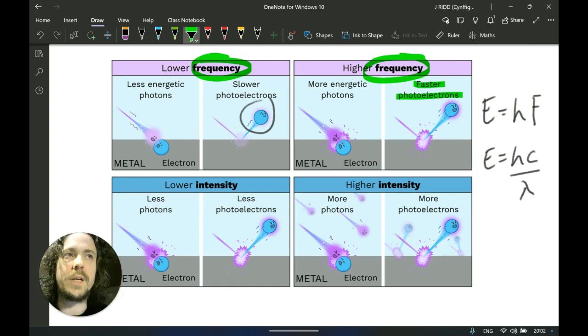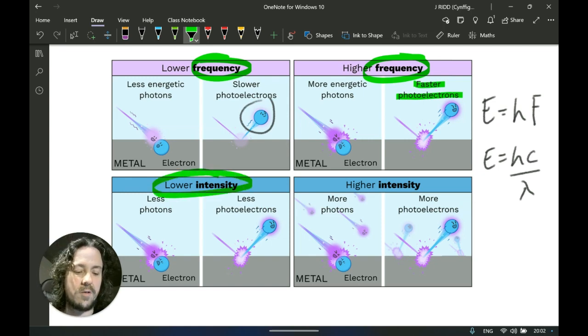Now, back to intensity. And now we're going to conceptualize what intensity means in terms of photons. Intensity, in terms of photons, just means the number of photons per second. So as I shine my light onto the surface, if it's a lower intensity, it means that there are fewer photons hitting that metallic surface each second. So then we're not going to get as many photoelectrons leaving. However, if we have a higher intensity, that means that we have more photons, and therefore we will create more photoelectrons, as you can see illustrated in that cartoon.